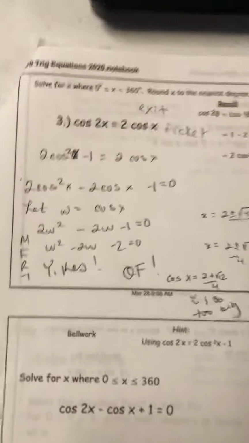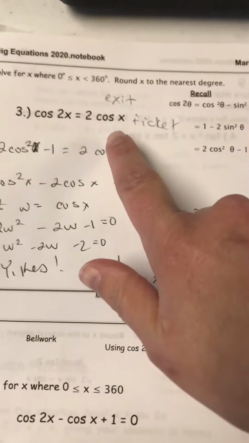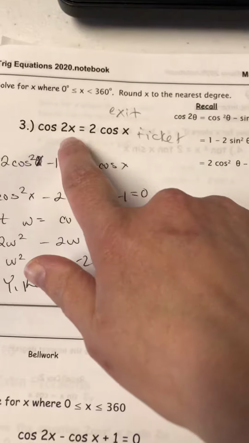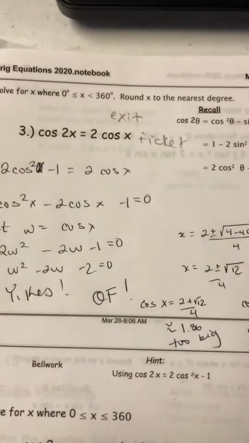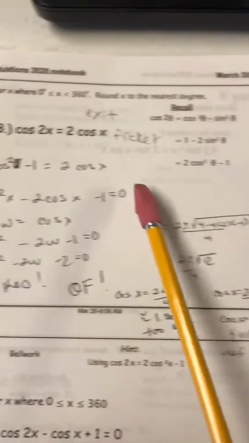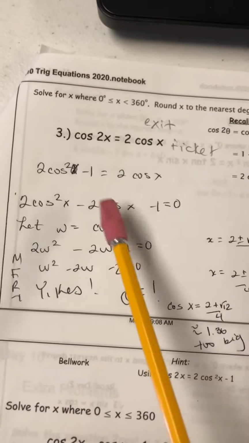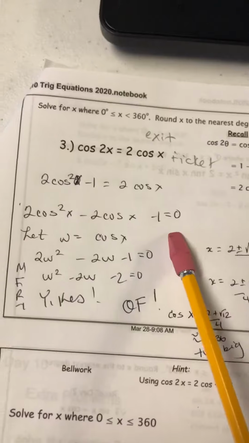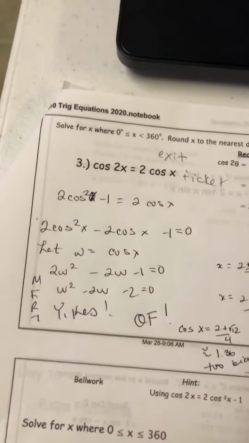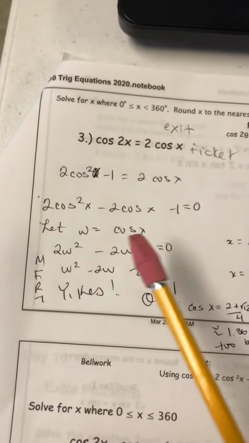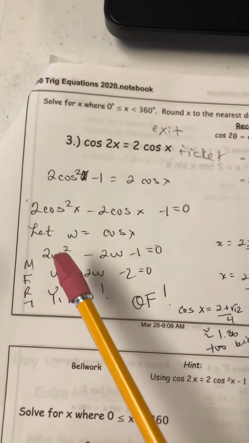Arithmetic. So right away, I saw the other trig function is cosine, so I replaced the cosine double angle with 2 cosine squared of x minus 1. So I plugged that right on in. I brought the 2 cosine x over, so the equation said equal to 0. I went right to the let statement, got rid of cosine x, let w be that,